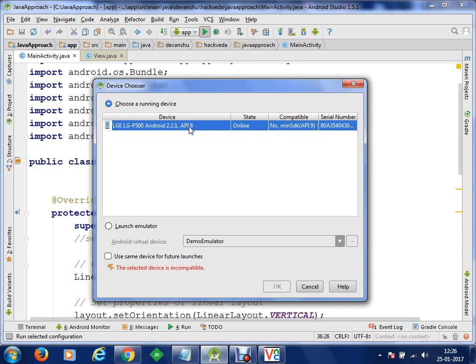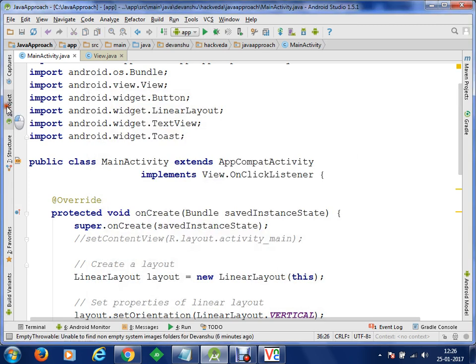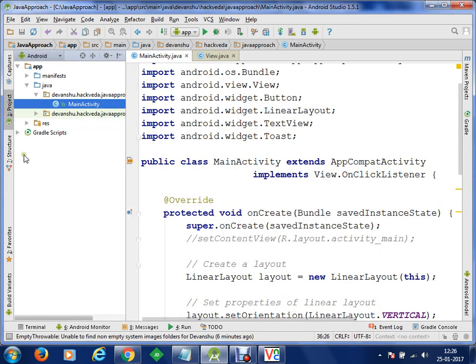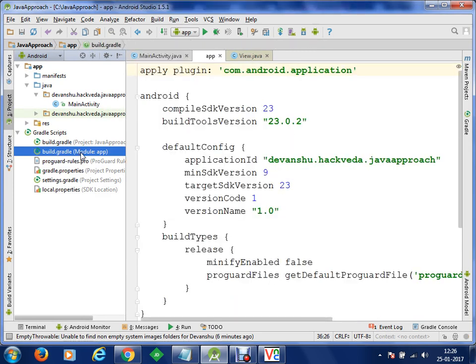So what we can do, we can only test the application on this device if I have minimum SDK set to 8. Okay, so in case I have to do that, if I want to give support, I'll go to project at the moment, I'll go to Gradle scripts, and within this Gradle script I'll go to module, and here in the minimum SDK you can see that 9 has been set.